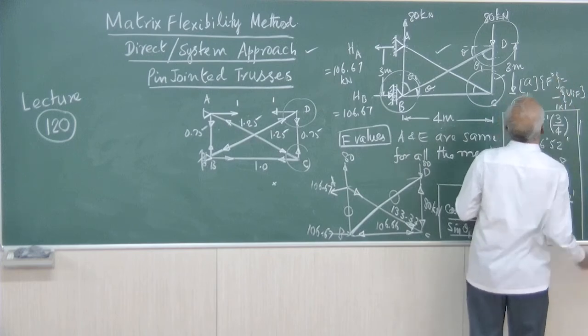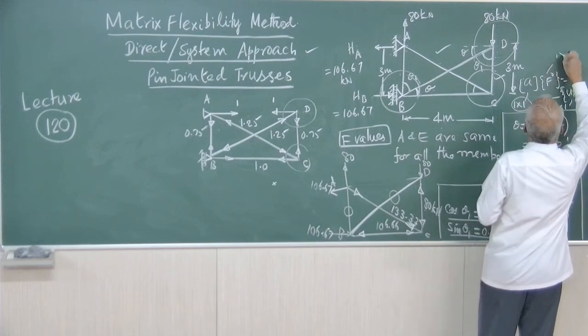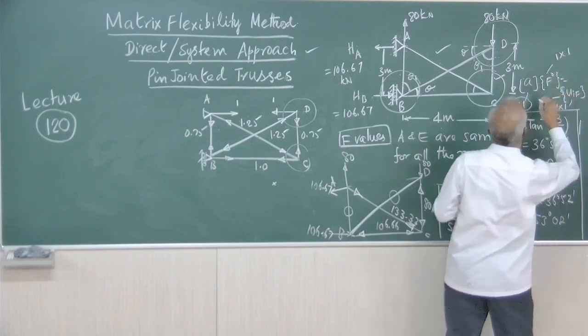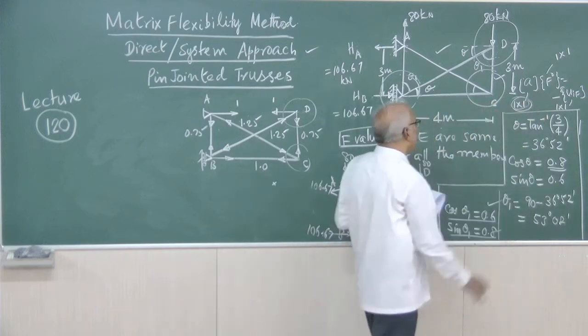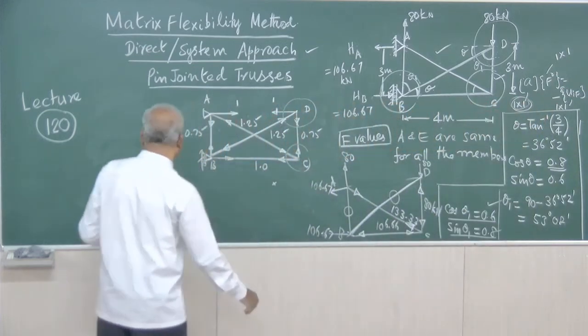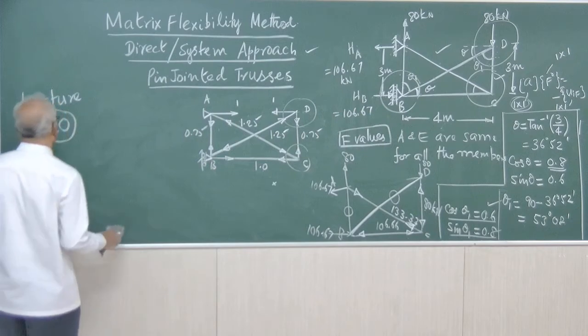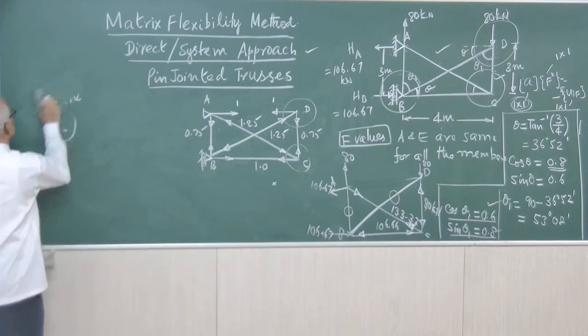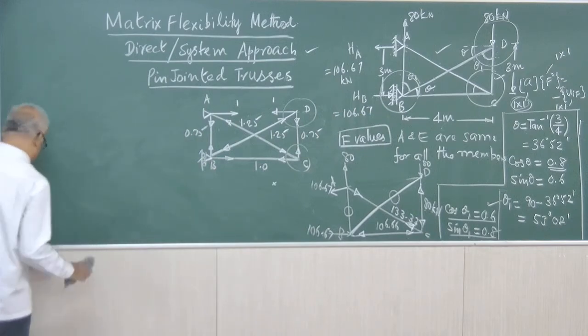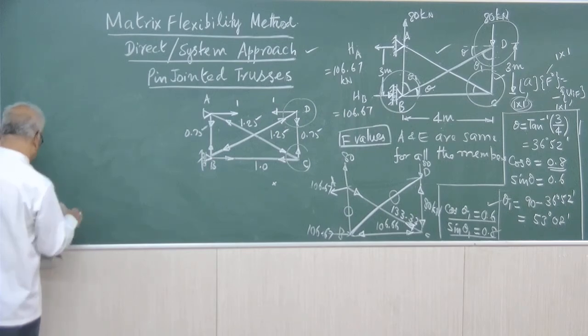So, this unknown is also only 1. So, it is also 1 by 1. Therefore, this value you have just written. Now, for getting those values, we know that they are the displacements. So, coming to the tabulation,